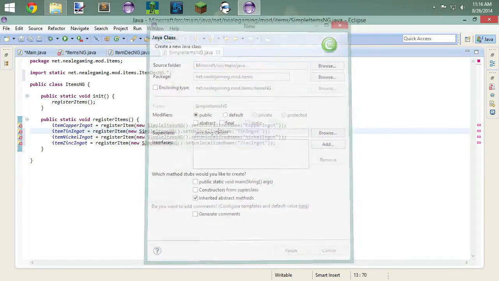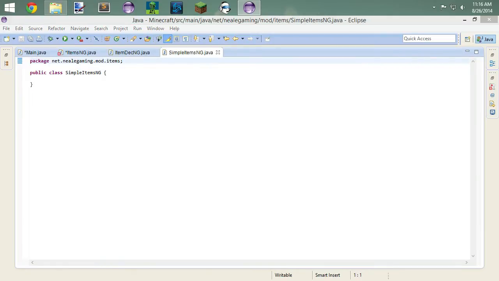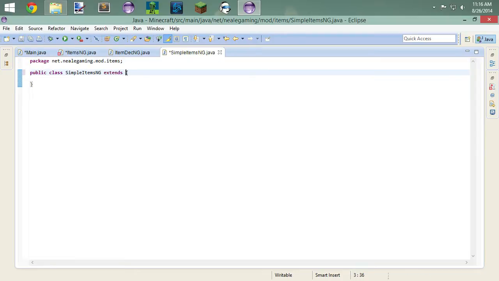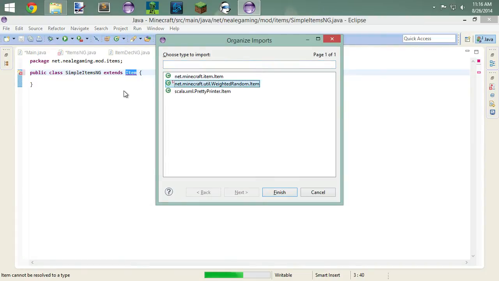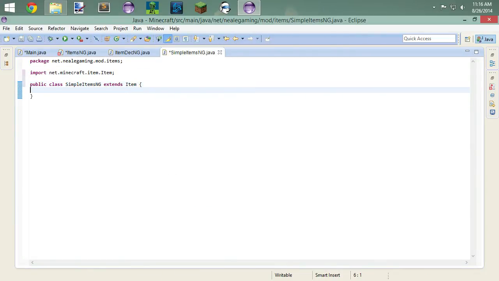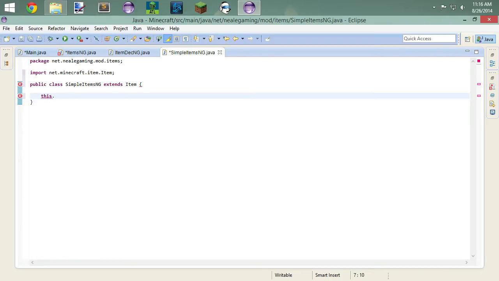Now all we need to do is just create this simple items file, and we'll just do that under our items package. No big deal. And this is going to be really straightforward. We're going to extend our items class, and we will import that. And then in here we are going to say this dot